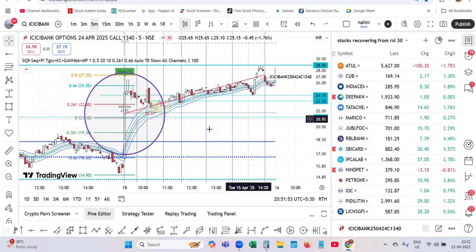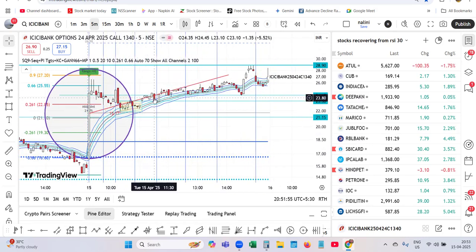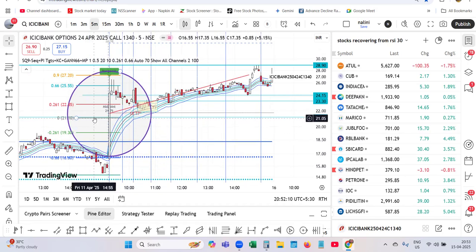It was moving up, but there was no liquidity, it was coming down. A lot of manipulation. Even though there was a lot of choppiness, if you would have taken the entry around 22 rupees, because it is giving you all the levels,